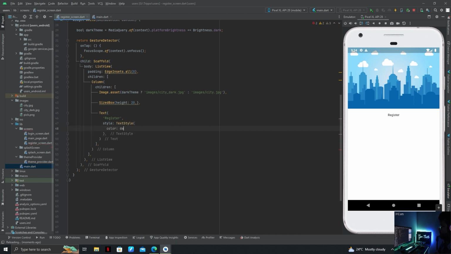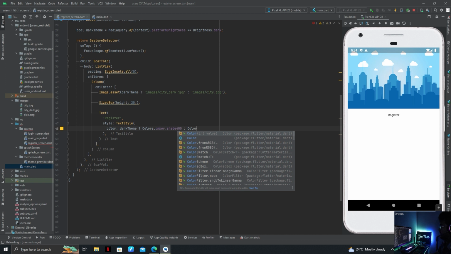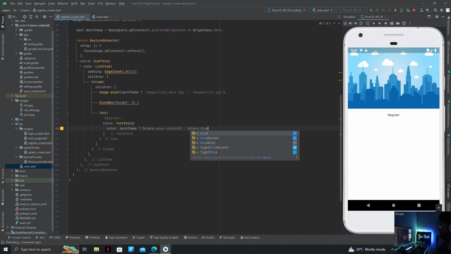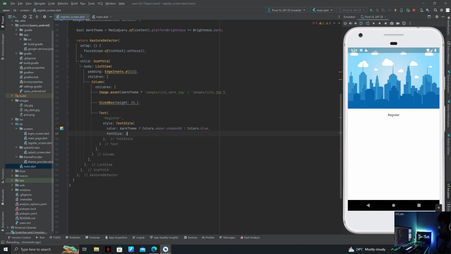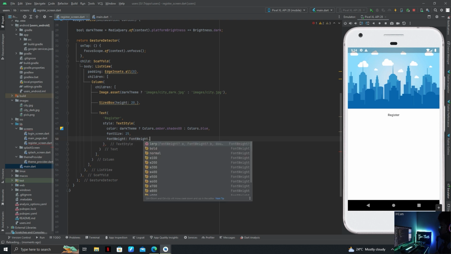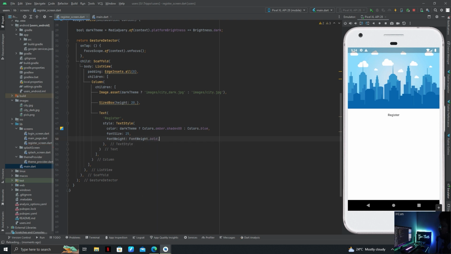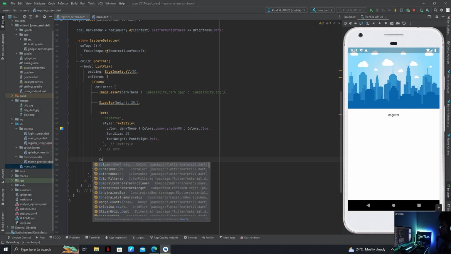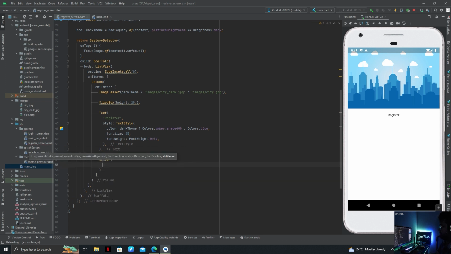Color: if it is dark theme, then Colors.amber.shade400, and if it is light, then blue. We can make our font size 25, font weight FontWeight.bold, and we can use column to add